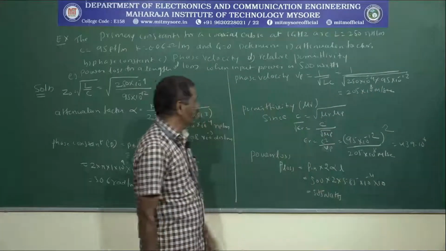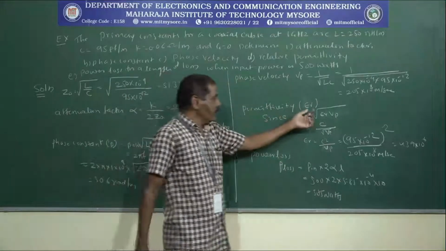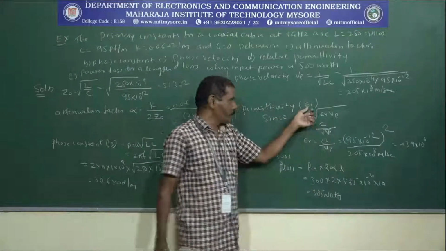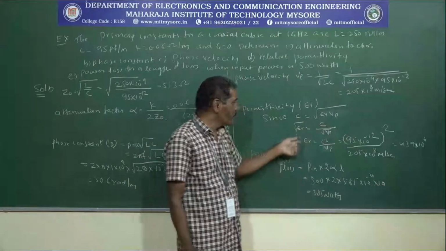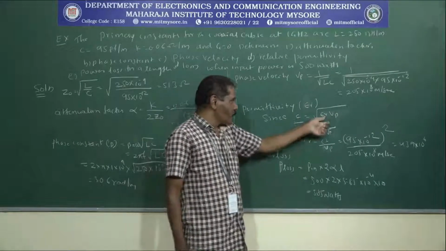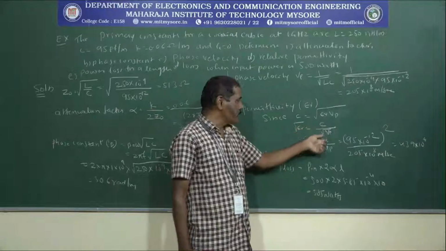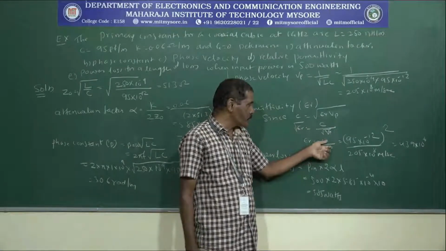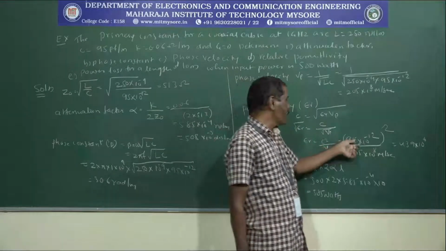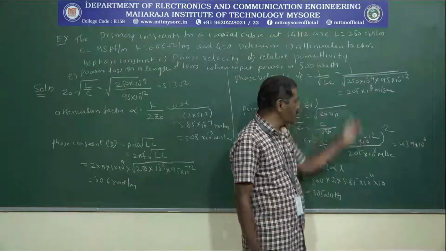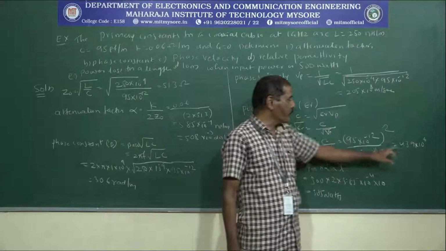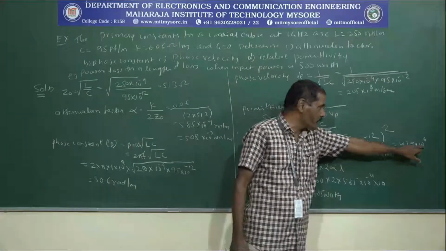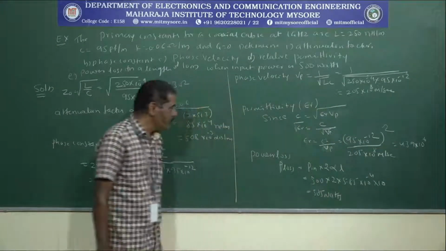meters per second. The permittivity we are supposed to calculate, represented by epsilon r. Since we know that v_p is equal to c divided by root of epsilon r, and we are supposed to calculate this value, root of epsilon r equals c divided by v_p, therefore epsilon r is equal to c squared divided by v_p squared. Substitute the values of c and v_p, which are calculated from these equations. Okay, then I am going to get the value 439 into 10 to the power of 6.